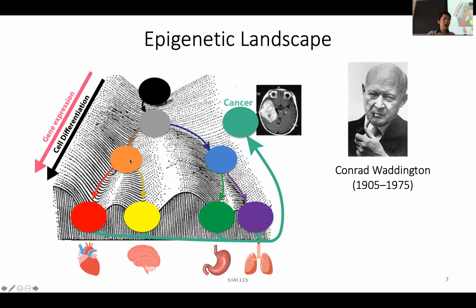For example, if a cell at some point already decided that it's going to make blood, any kind of red blood cell type or white blood cell type, it knows that that's what its identity is going to be. It's difficult for that cell to suddenly become a brain cell, right? So at some point you make a decision, but after that it's more deterministic. The next child will at least know that it's part of the blood lineage and not an epithelial cell. And so depending on the path they go, the cell will eventually differentiate into different cell types in different organs.